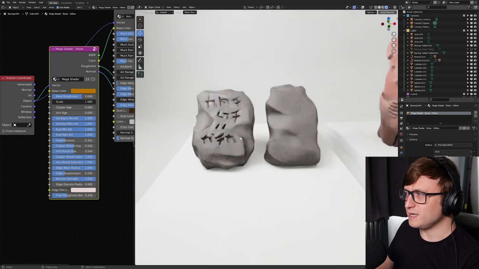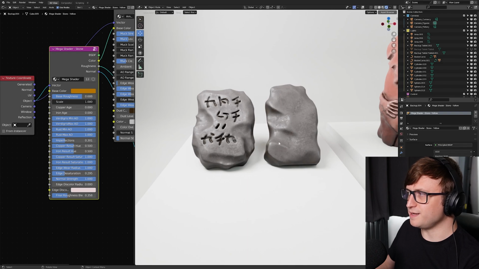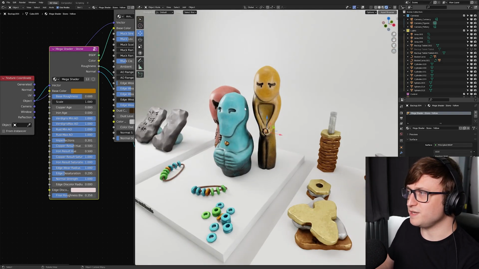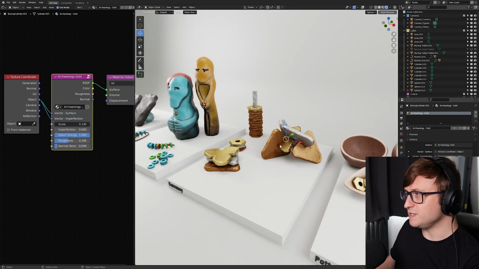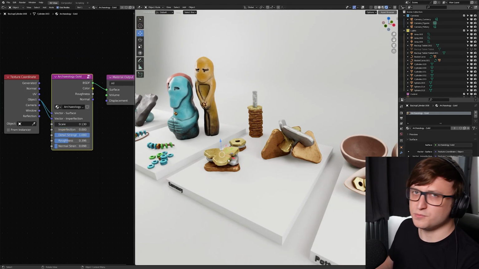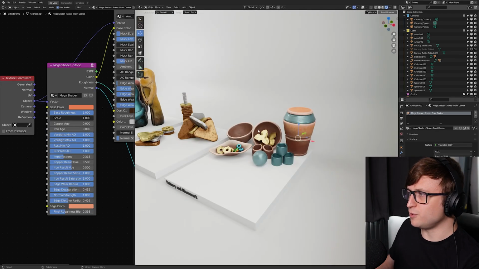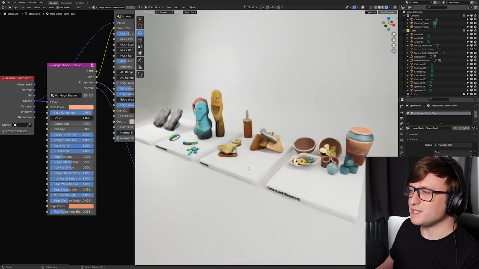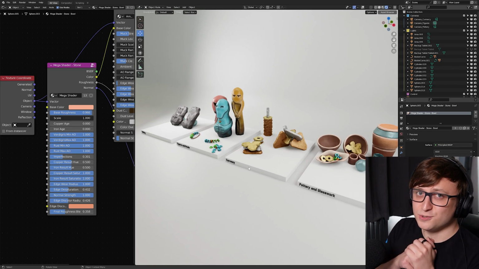So these stone tablets here with the imperfections and the slight curvature and edge detection, that's the mega shader. Again, these faience cards, figurines, mega shader. These currency pieces are actually another material from that pack, Archaeology, but this pottery work is the mega shader. Anyway, that's just to say that I've actually been using it a lot,